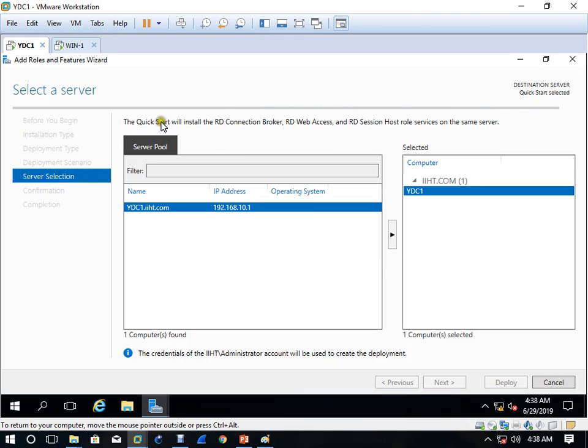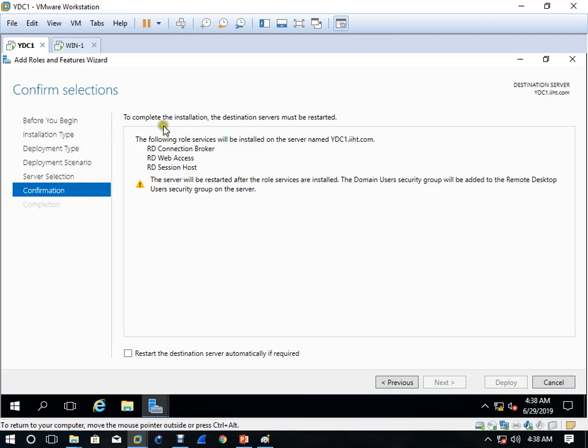So it's installing. See, the quick start will install Remote Desktop Connection and everything. Now it says that the following role services will be installed on this server, Yaoundé dc1. What is Remote Desktop Connection Broker, Remote Desktop Web Access, Session Host?